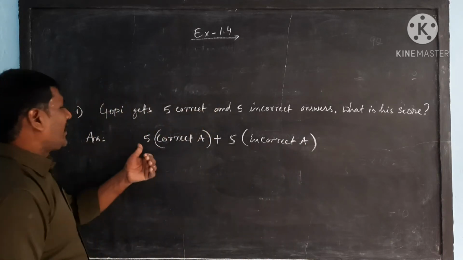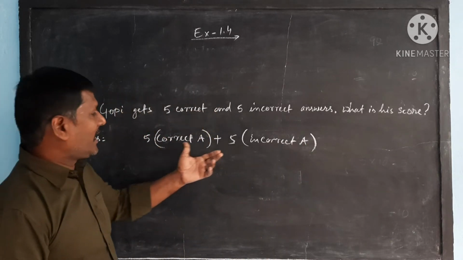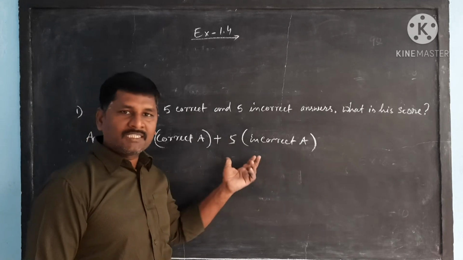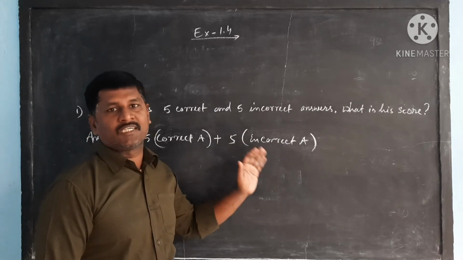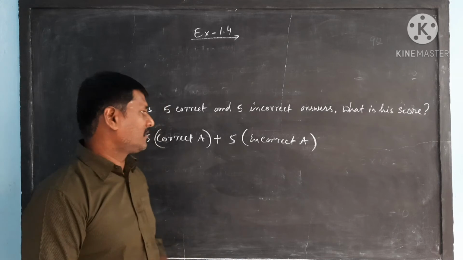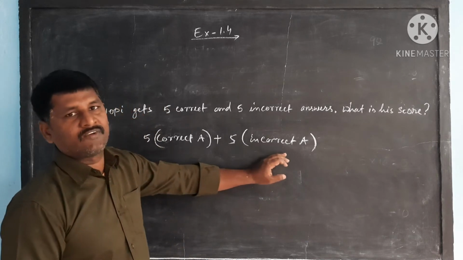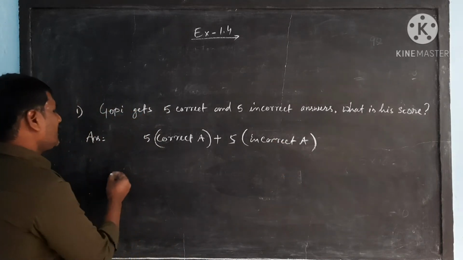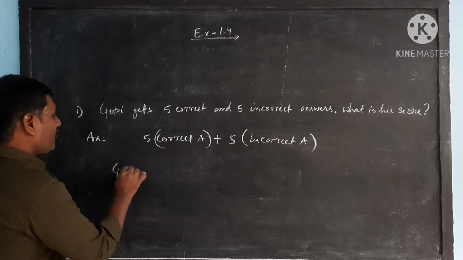So here it is, the 5 correct answers Gopi did and 5 incorrect answers. For the 5 correct answers, each correct answer is awarded how many marks? 3 marks, and each wrong, incorrect answer is awarded minus 1 mark. That means Gopi's score will be,